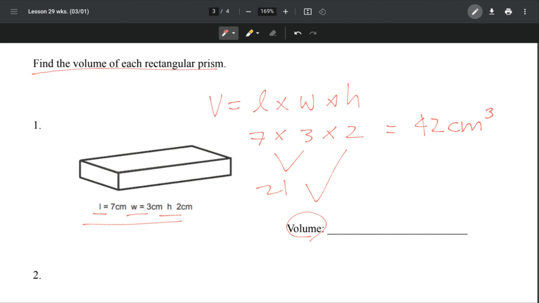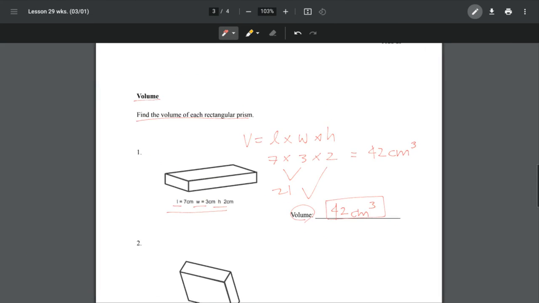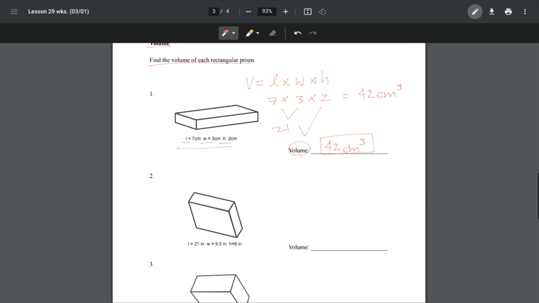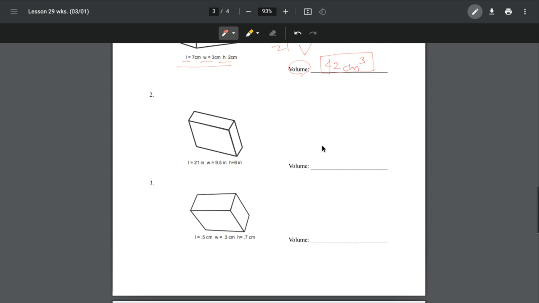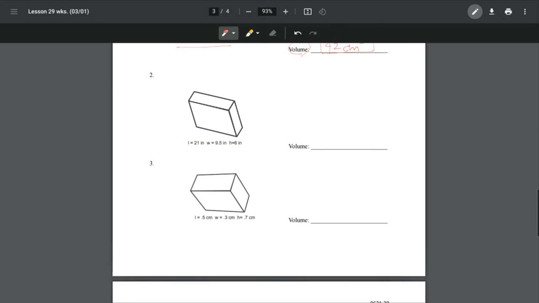Okay, so our final answer is going to be 42 centimeters cubed. Okay, so use this formula over here, length times width times height, to figure out the volume. So try number 2 and 3 on your own, and